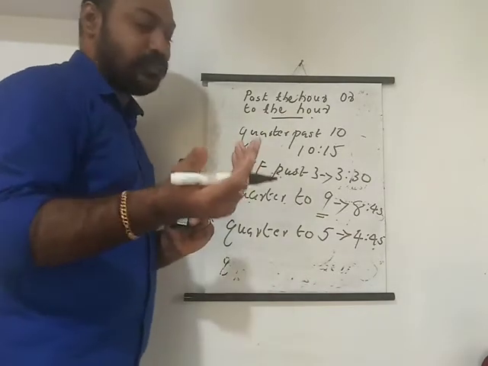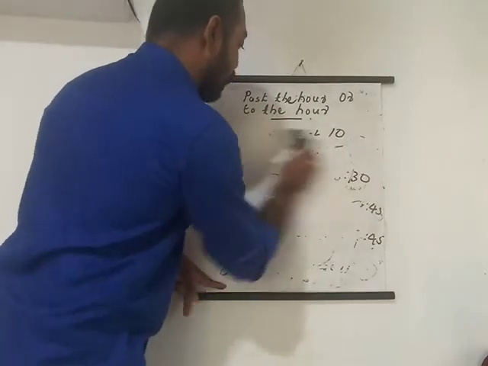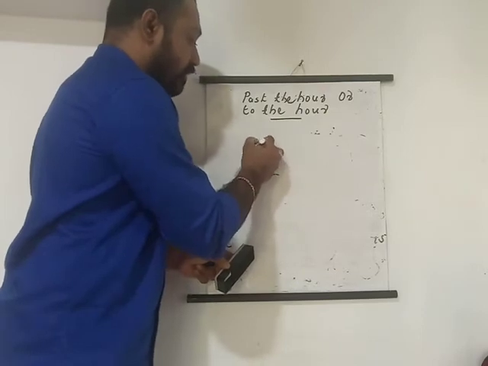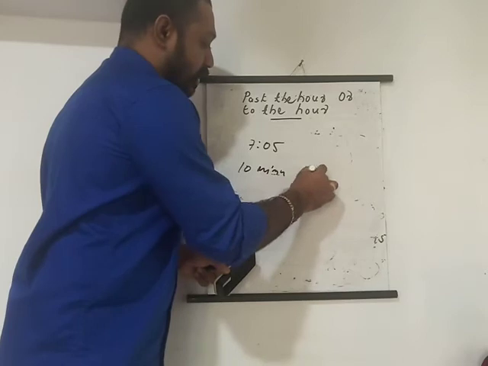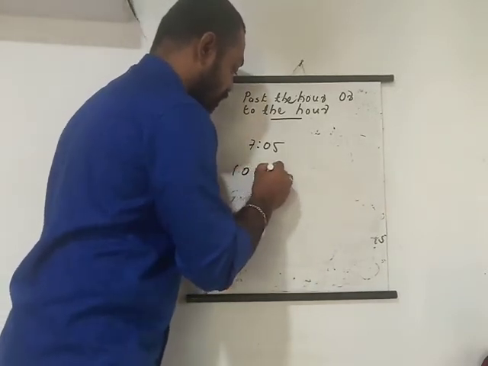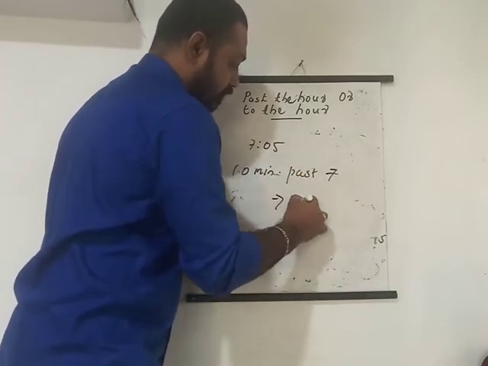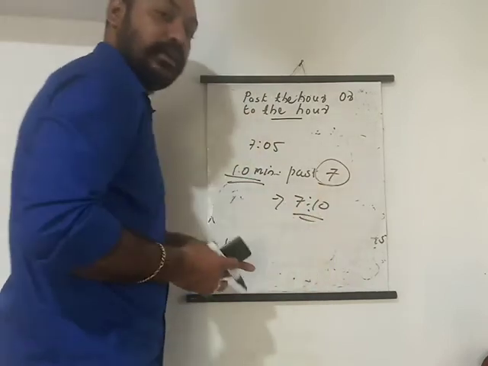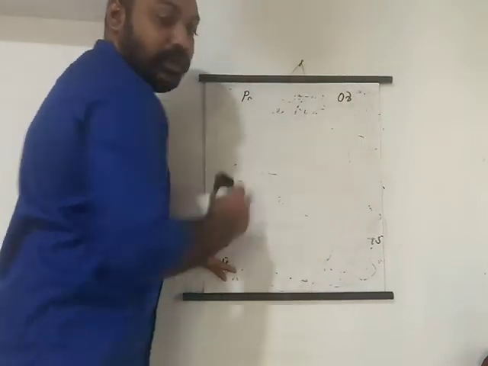Okay. So 5 minutes past, for example, this one quarter and half is like that. 5 minutes past, that one we already learned. 5 minutes past 7 means 7:05, isn't it? And 10 minutes past 3 means 3:10. 10 minutes past 7 means what we can say, 7:10. So this is very easy. 7 is the hour, 10 minutes means you can write here. So that one you can easily write. Okay, so that's all for today. Thank you.